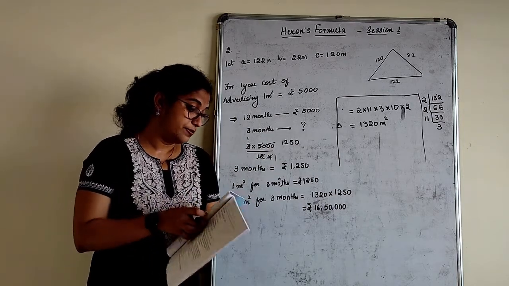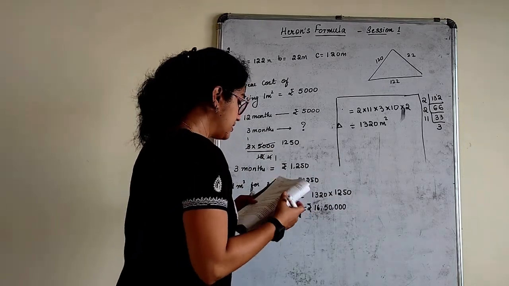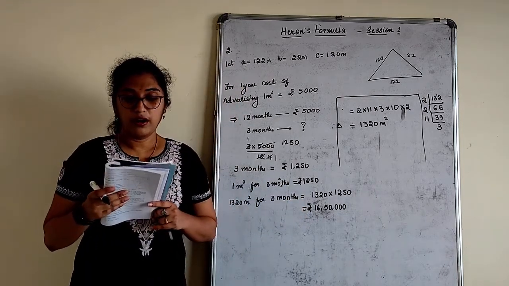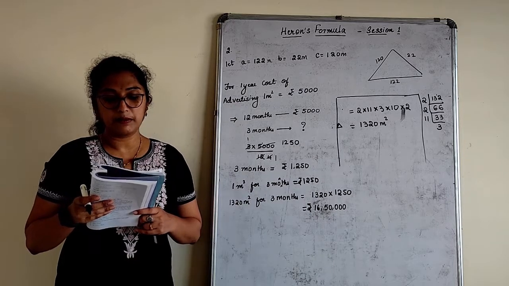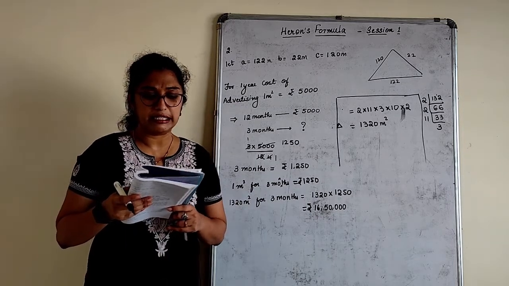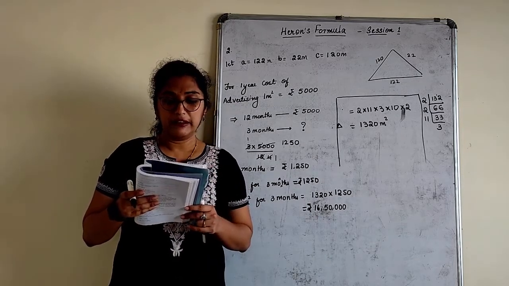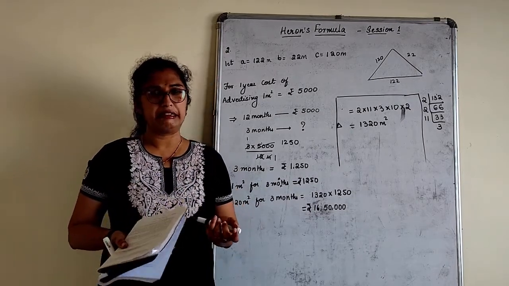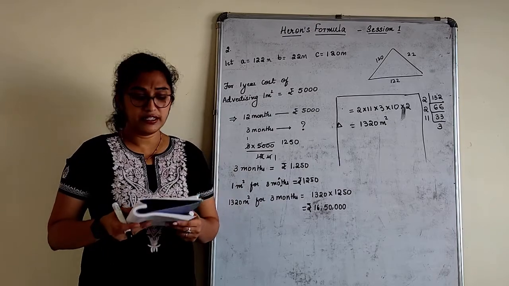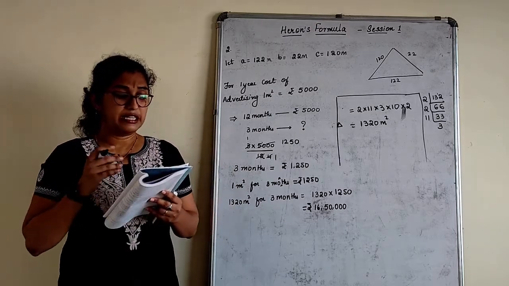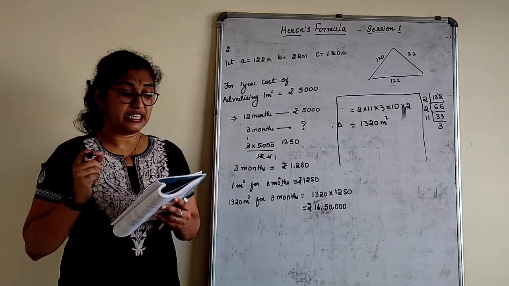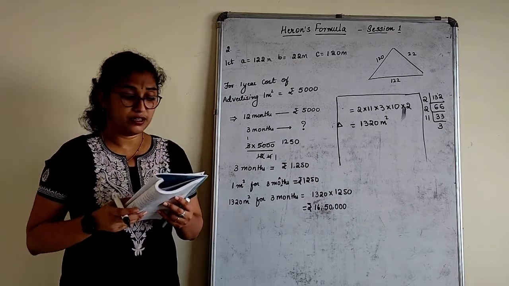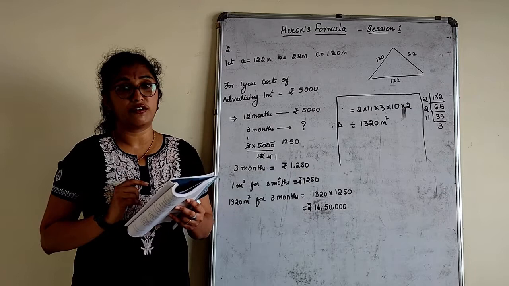Let's go with the next one. There is a slide in a park. I'll be giving this for homework. One of its sides is painted with some color with a message: keep the park green and clean. If the sides of the wall are 15, 11 and 6, find the area painted. A direct question. They have given 15, 11 and 6 as a triangular side, and we need to just find the area of the triangle.